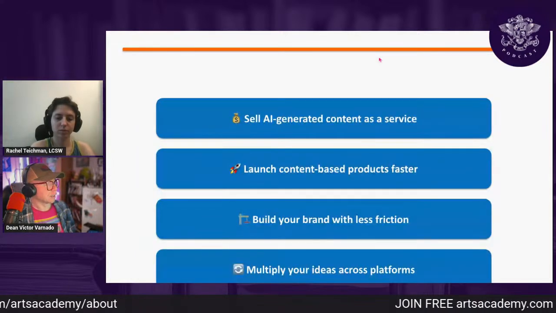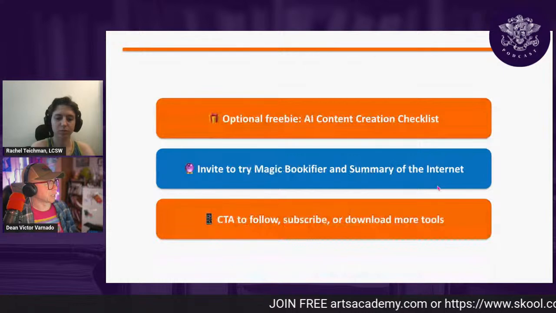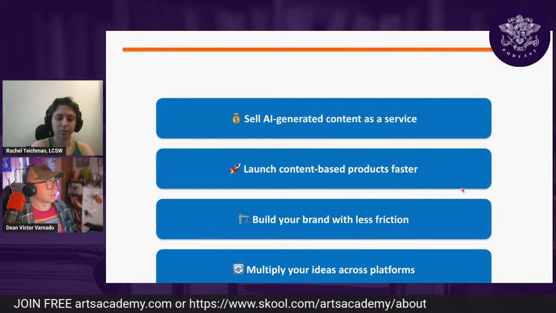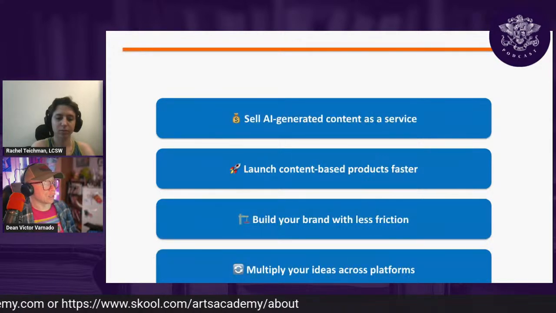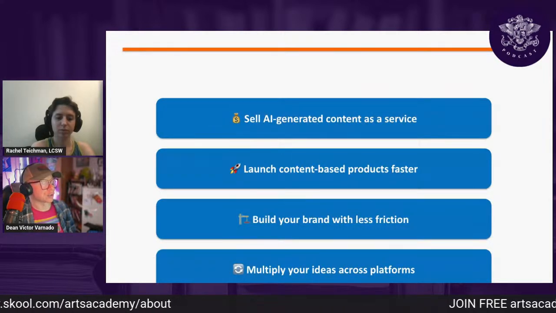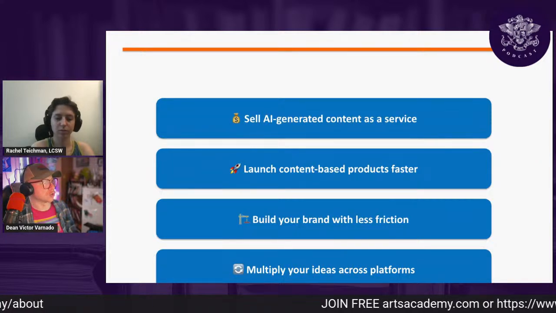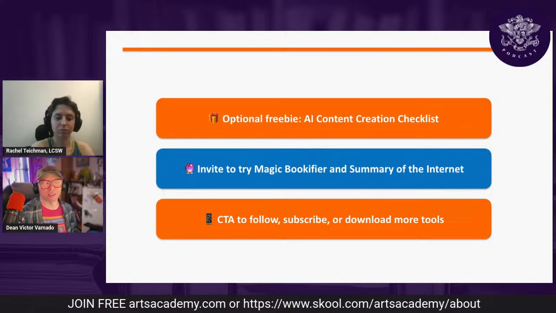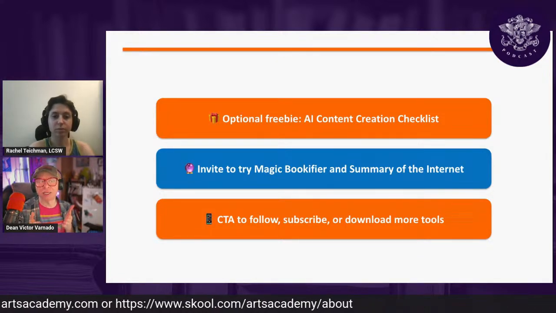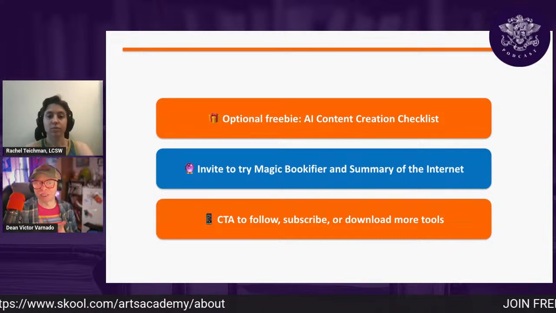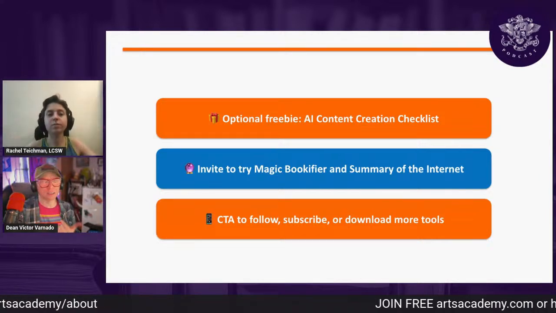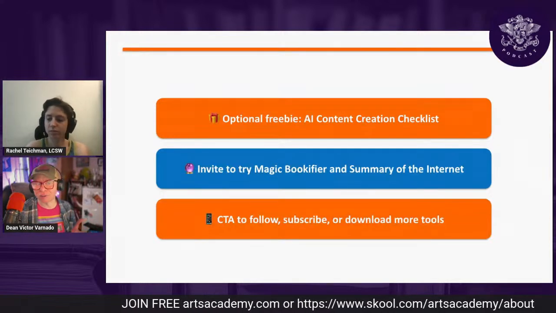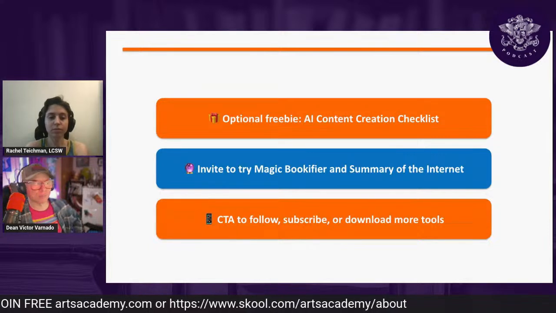All right. These are all of its other ideas. I don't agree with some. Yes, you can sell AI generated content as a service. You can use it to launch content-based products faster, et cetera, et cetera. This is all very, very true. Although my goal of this was just to show you how you can get started and make content with AI, just to give you an overall view. Because I think after this, you're going to have specific questions. You're going to want to dig into certain things. And if you want us to do that here, let me know. And then we'll do a whole webinar just on one thing if you want to, because it isn't that hard to do. Anyway, that's it, everybody.